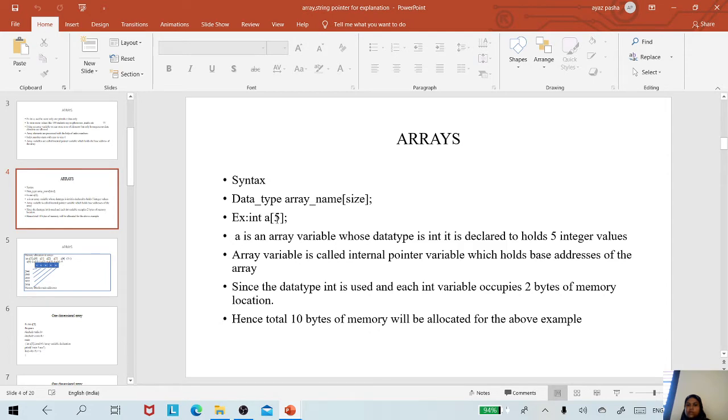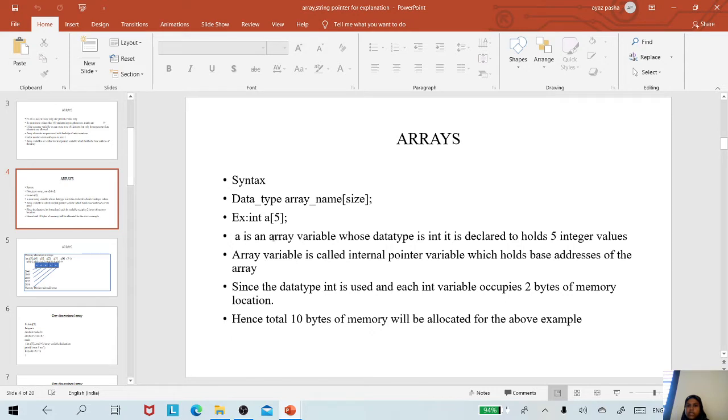The 5 mentions the size, and the index starts from 0 to size minus 1. The size is 5, so it is 5 minus 1, that is 4: a of 0, a of 1, a of 2, a of 3 and a of 4. So 5 elements, it can hold 5 integer values.